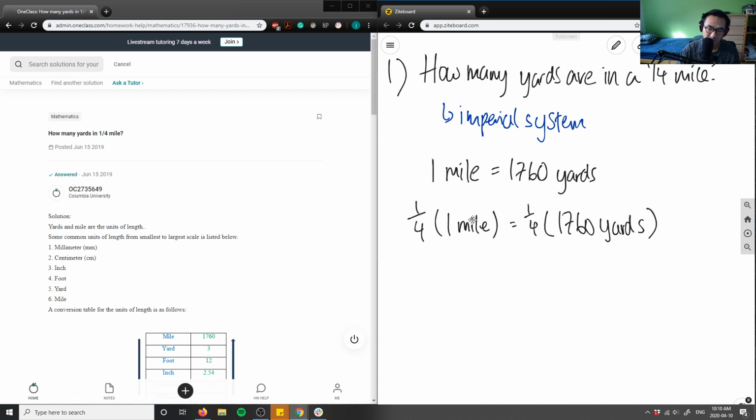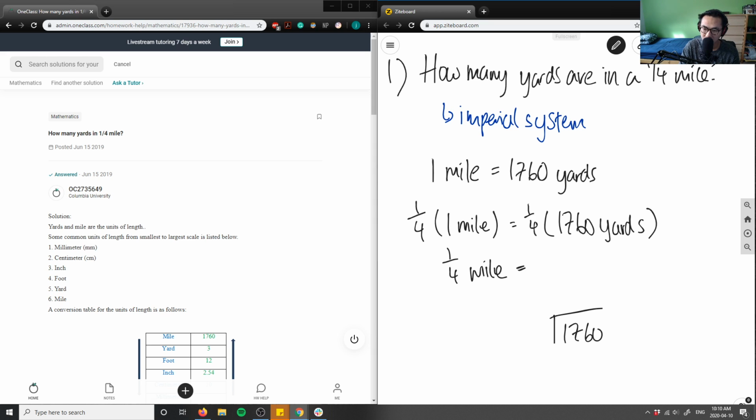And then what that's going to give us is, on this left side here, I'm going to get 1/4 mile, which is what we're solving for. So 1/4 mile equals, it says 1/4 times 1,760. So what I can do is use a calculator and plug in 1/4 times 1,760, or I could use this old-fashioned